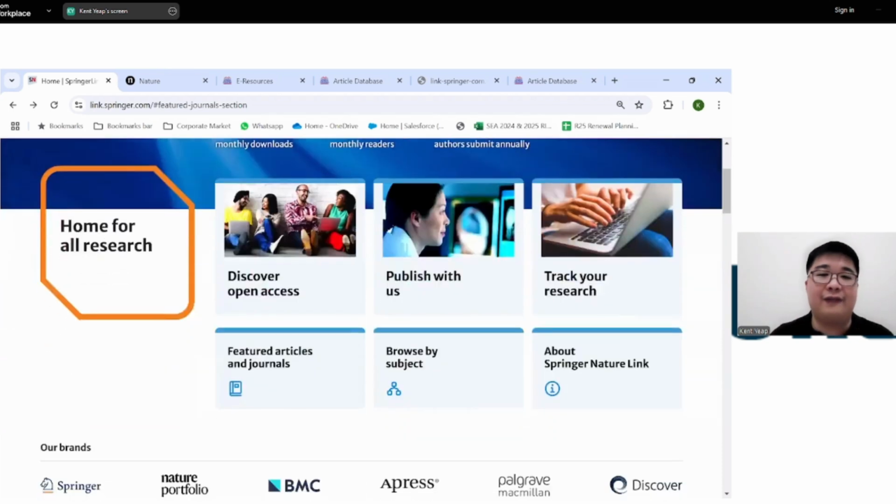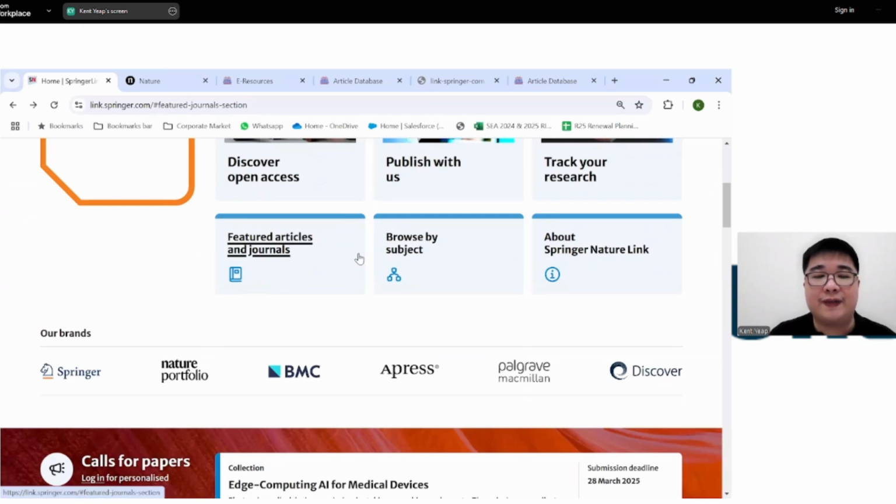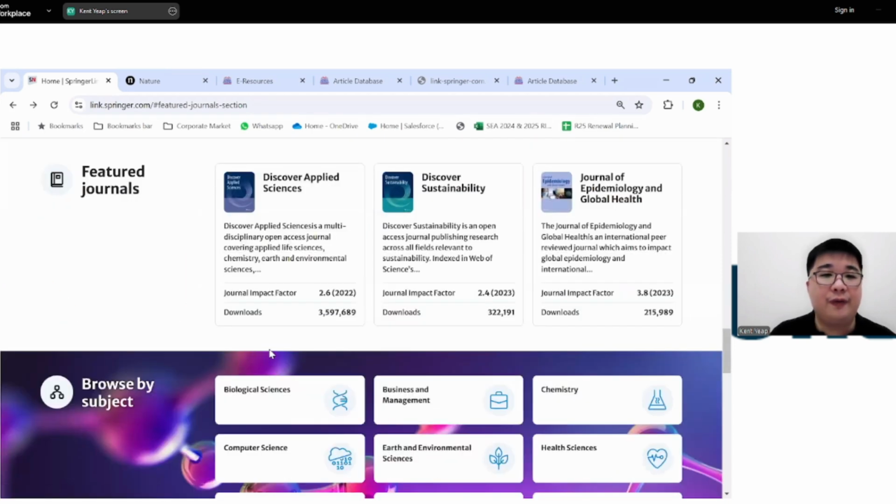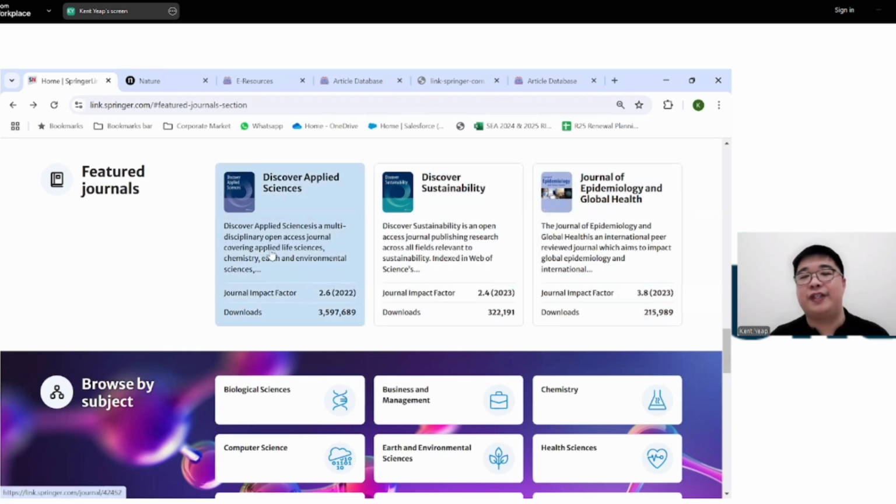We'll go to that after this, but let me just showcase a little bit more about the homepage. So there's a tab for featured journals. And this is basically a list of featured journals that are either very popular in recent times or newly launched journals. And this list will change, especially if you have signed on and created a profile on the platform, as the platform tracks your utilization history.